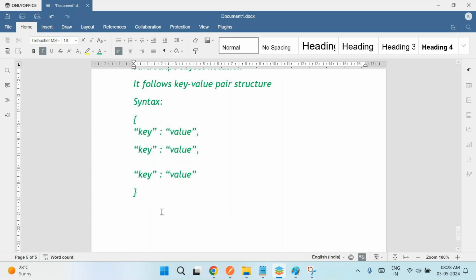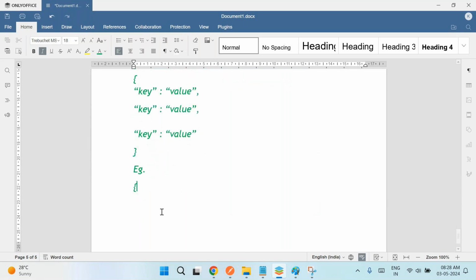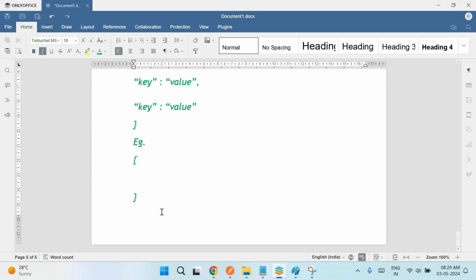I'll give an example now. The key can be anything, like I will say trainer name, and the value is Kiran. Santosh is asking, what is your name? I'm saying my name is Kiran. If I'm sending the data through JSON format, I can say trainer name and the value is Kiran, comma, and then something else, like you asked me what my experience is. I'll say 18 years is my experience,